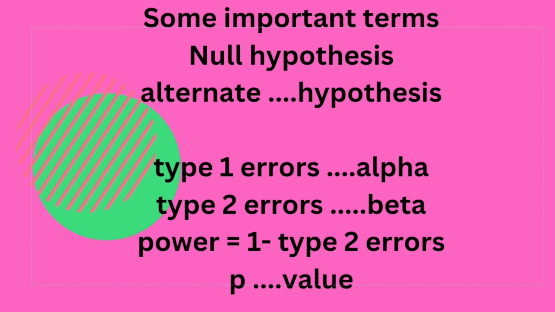Now, what is the power of a study? It is actually the power to reject the null hypothesis when it is really false, and its formula is 1 minus type 2 error. Power of a study can be increased by increasing sample size. P-value is actually the chance of getting an extreme value in data collection, assuming that the null hypothesis is correct. So if the p-value is very, very small, for example less than 0.05, it means that our study is accurate and the chance of getting any extreme value is very low, and our study is effective and accurate.